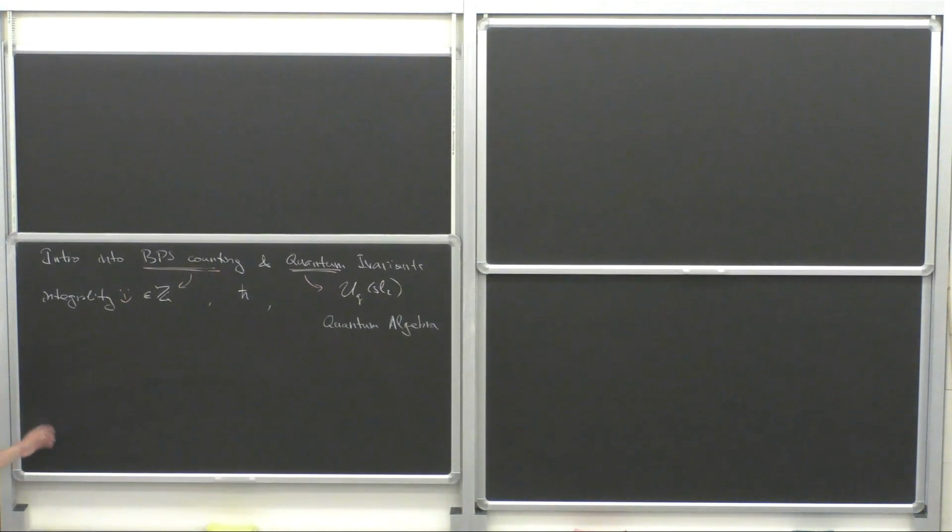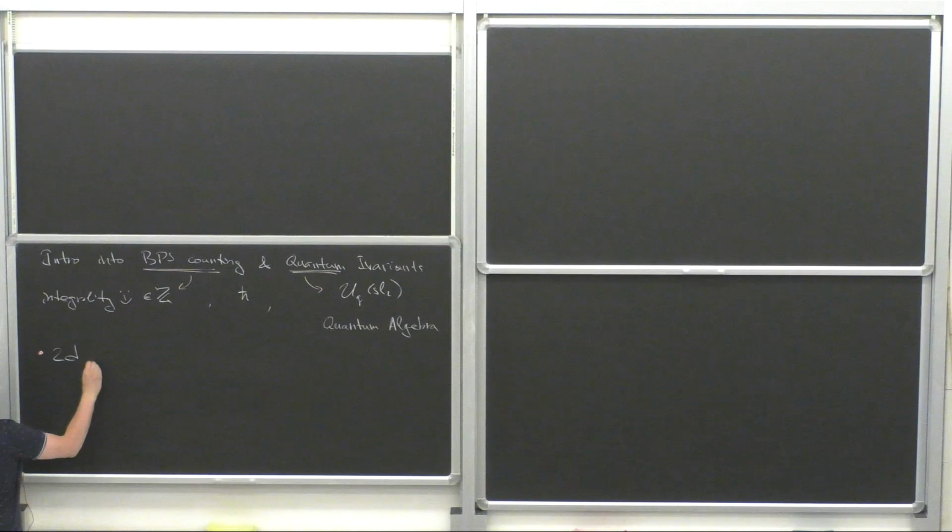So this is decoding the title, but in practice, we'll talk about several ingredients. In this first introductory lecture, I'll outline the map of where we're heading, and then the rest of the lectures will build on that, flesh things out, and so on. And there will be three basic ingredients. So the first ingredient is